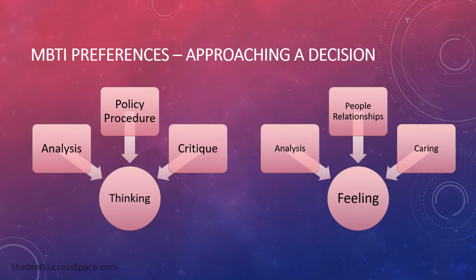The thinking person is very analytical, and they want a very objective, analytical decision. Because of that, they're going to approach the entire situation as if they have an objective analysis of it. It'll be very inclusive and detail-oriented. They want to address every concern, especially about policies and procedures, and they're going to anticipate and really hope that a great critique is going to be made of the decision itself.